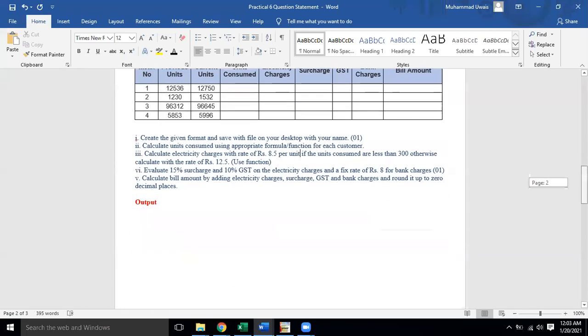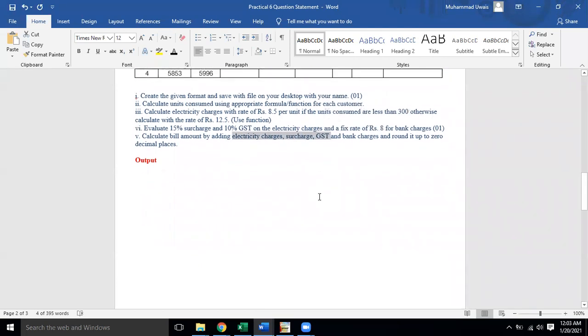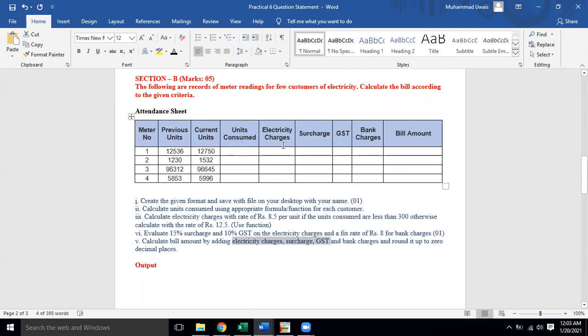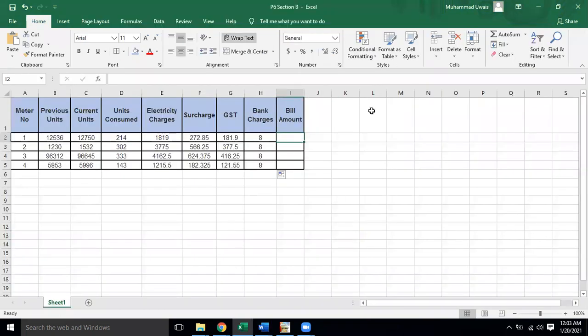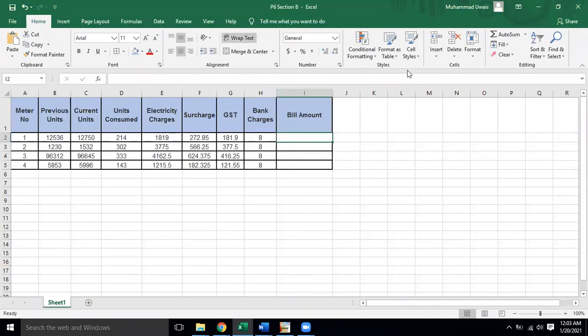Now come to the next point. Next point is that calculate bill amount by adding electricity charges, surcharge, GST. Means add all these things, not unit consumed. Keep in mind, not unit consumed. The calculated ones: electricity charges, surcharge, GST, bank charges. Add all of them to get bill amount. We can add by applying the sum function, or by applying the plus sign.